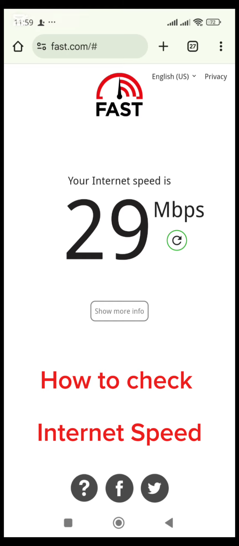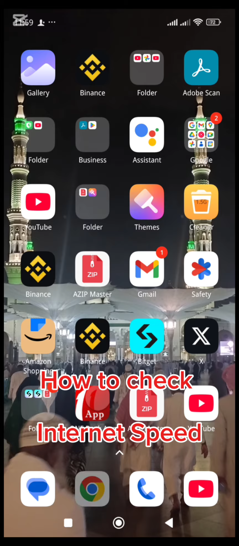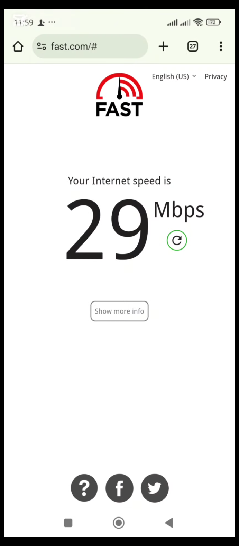To check internet speed, you have to use any of your browsers. I am using my Google Chrome browser. This is my Google Chrome browser. In my browser I have to browse